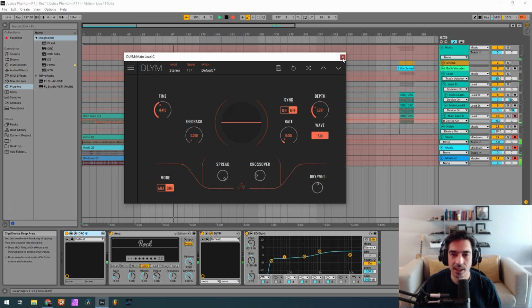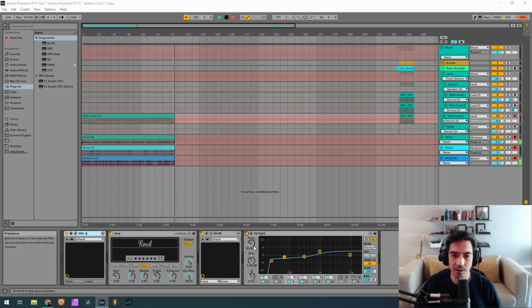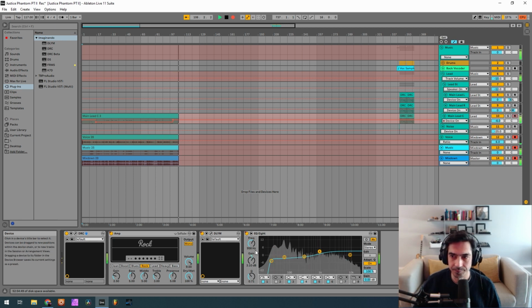Finally, we have an equalizer that has a low shelf on 63 Hz of 1.8 dBs and a high shelf at 958 Hz of 3 dBs. Okay?